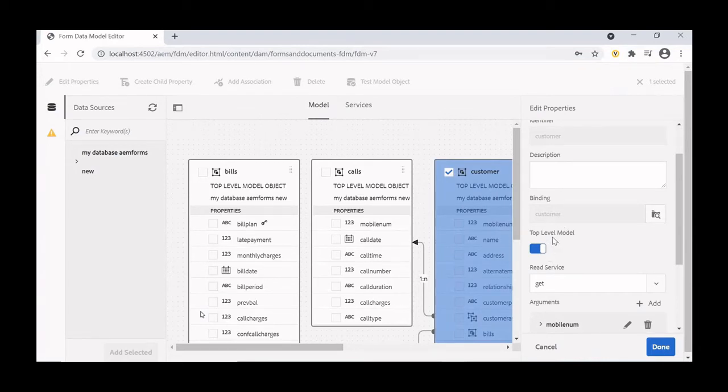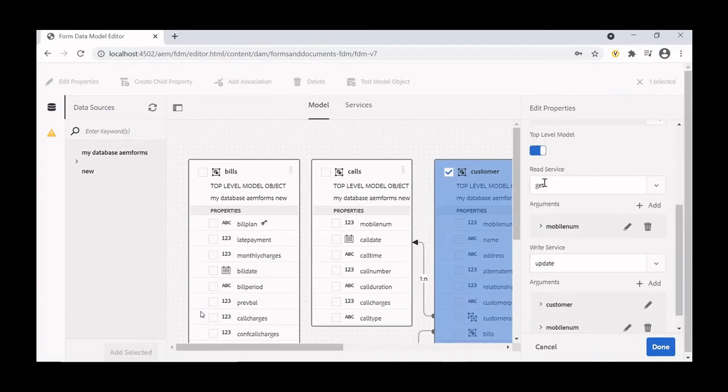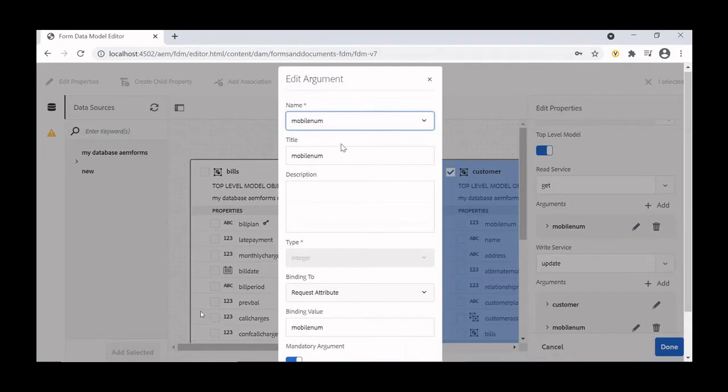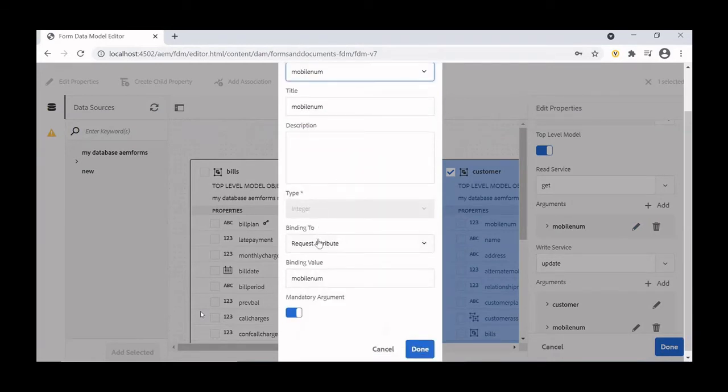For the top level model we select customer. Then it will be a get service, and in the argument we select mobile number. If we edit it, what I have selected is binding to request attribute, and we are binding it to mobile number. So this is the configuration for the get service.